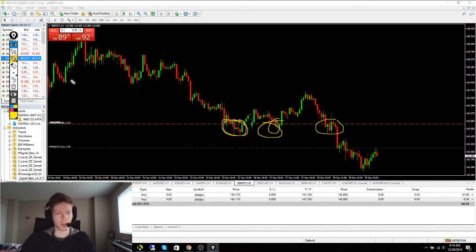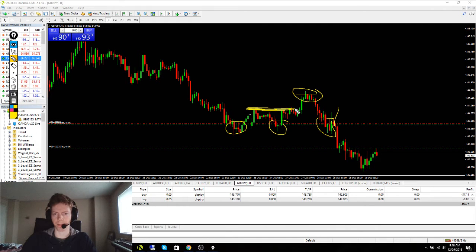So yeah, this level here, and then I was thinking that there would be a potential bounce again here. I saw that there was a new high that was pushed here, that was broken on this level, with the potential for this to bounce and continue to break up. And it didn't happen. It pushed down lower,